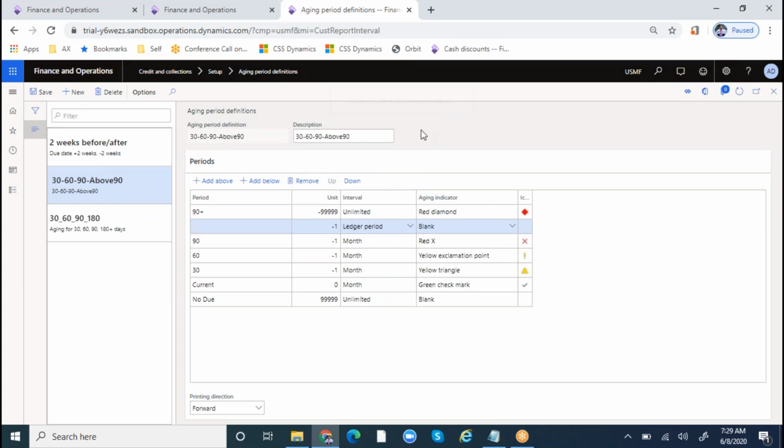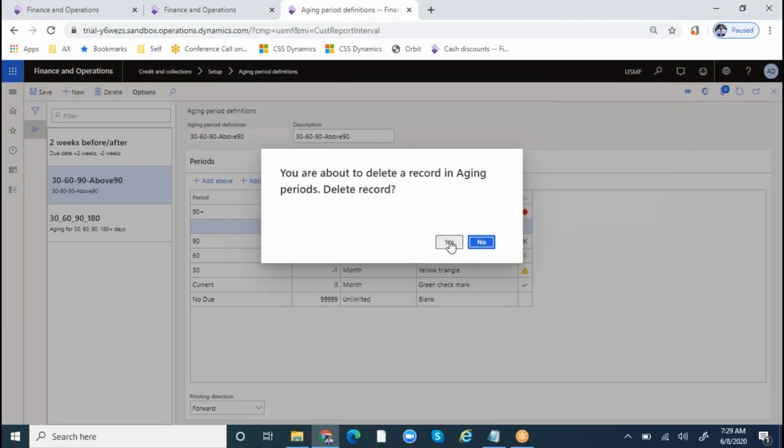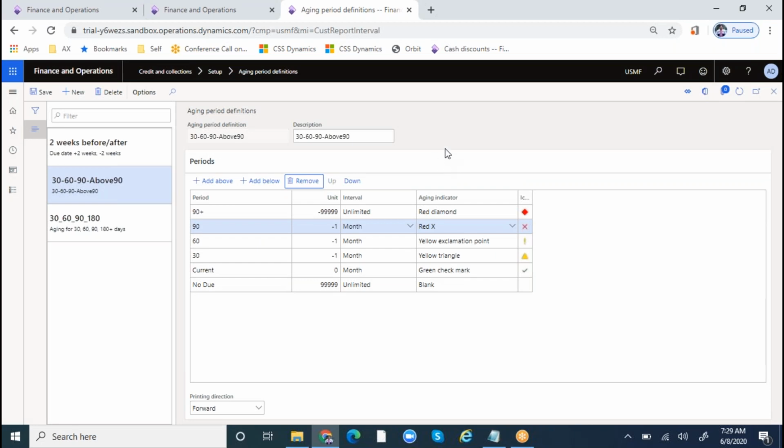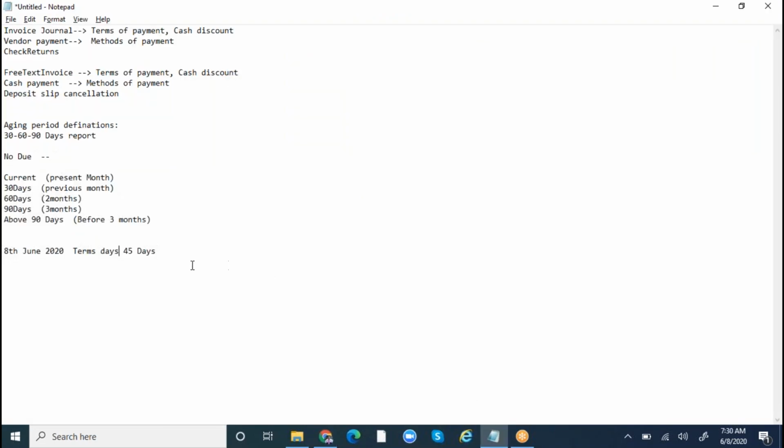Yes, please. Aging means, for example, the terms of payment is 45 days. From the 45 days, it will calculate from the day of invoice. So here there are options. Once again, in this aging period definition, it can be generated